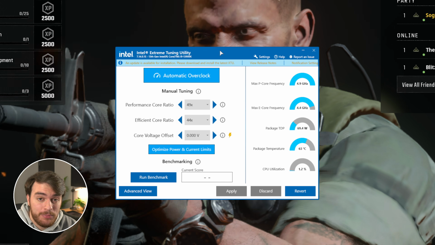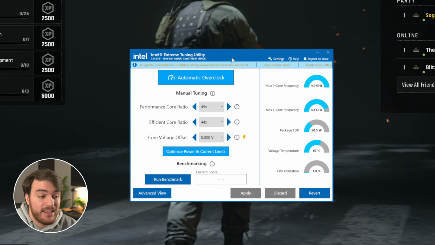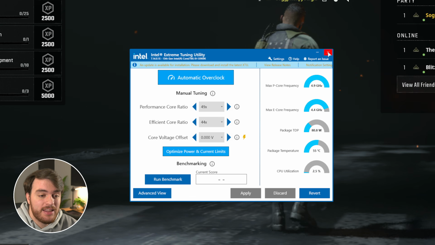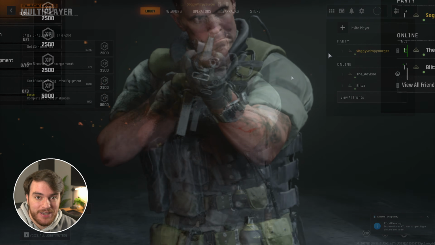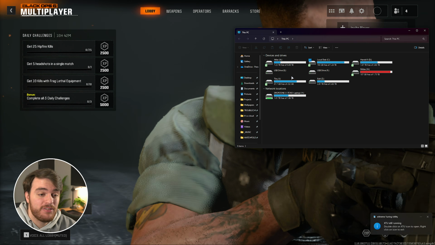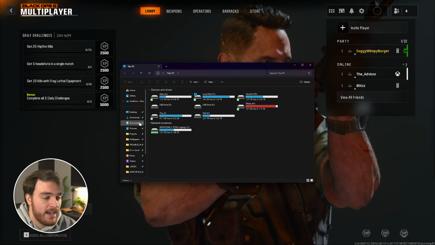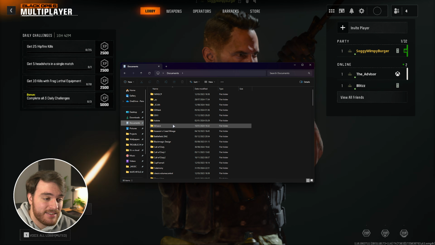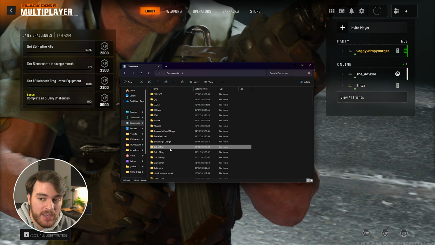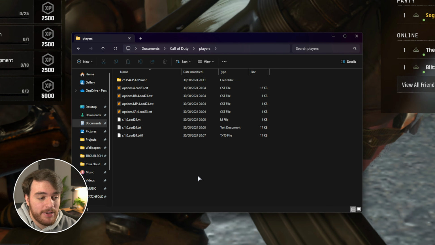If this doesn't help when you lower your clock ratio, reboot your PC, and reopen this Intel XTU program, then there's one more step that we can try in order to fix this and other possible errors. We'll go ahead and delete the configuration files for the game that it's just created on our system. Open up a new file browser, head across to Documents, and then inside of here, you're searching for Call of Duty. Inside of the Call of Duty folder here, you'll find Players, and inside of it, configuration files for all